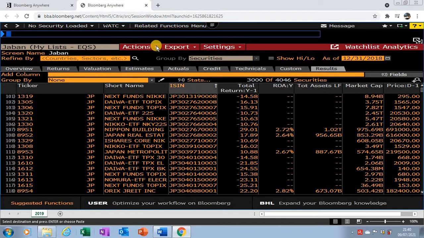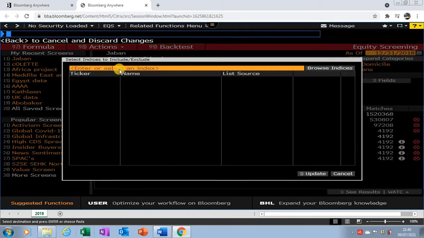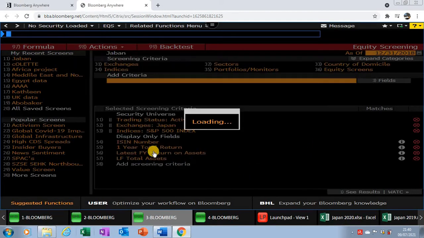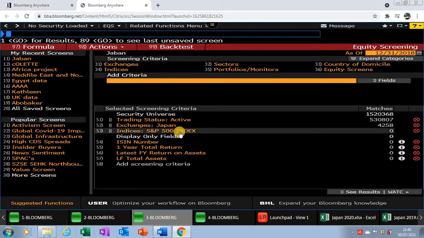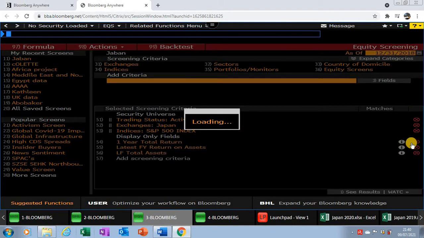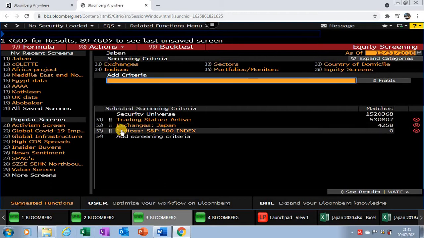Now if you would like to add more variables, you go up here, actions, and edit. So you can add more variables, and you can also go back again to the results and add. Now I tried this one. You can try the indices yourself: if you type here any index like Standard and Poor's, now it has been added here, but I added those on my previous file. So if I just drop those, you can add any variables here, and you will get the whole data related to this Standard and Poor's 500